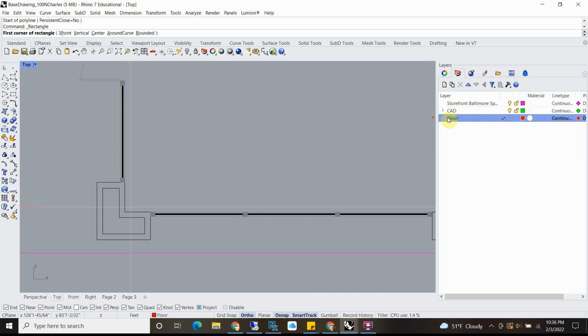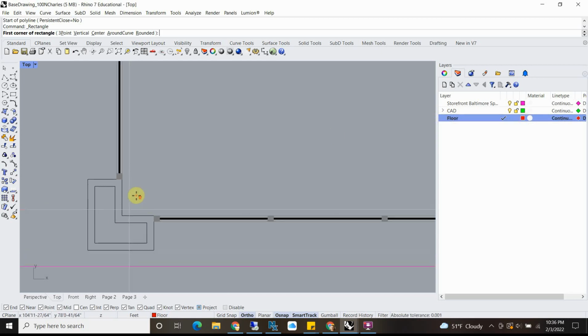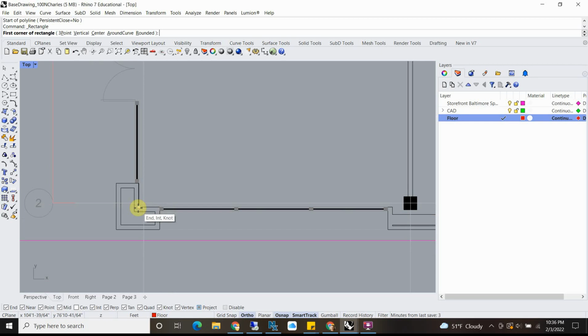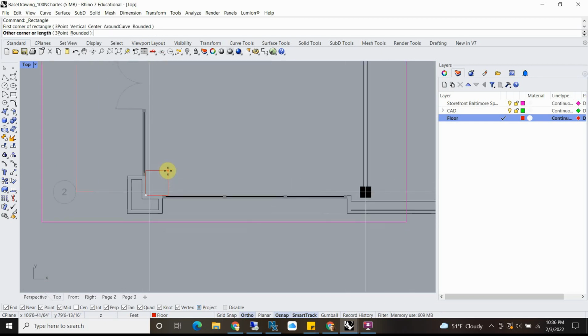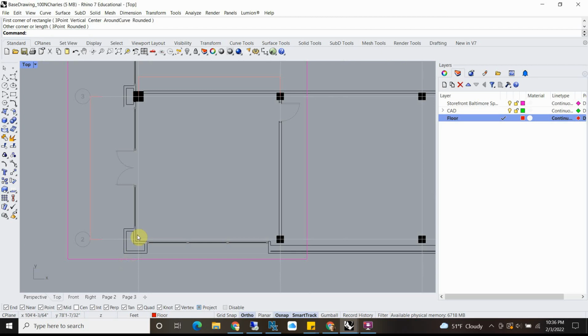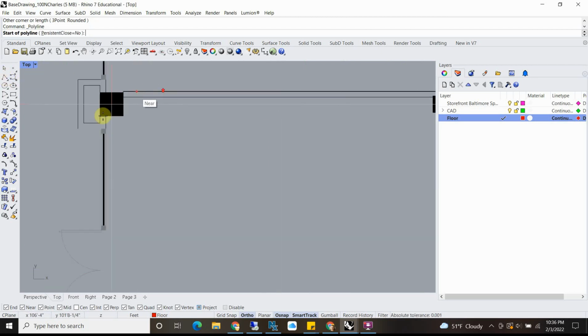So I'm going to double click on this layer so that it's highlighted, and then you can see my cursor also changed to red. And now I'm going to go ahead and make my floor. So I want my floor just to follow the inside of this area. So I'm going to take my polyline tool here,